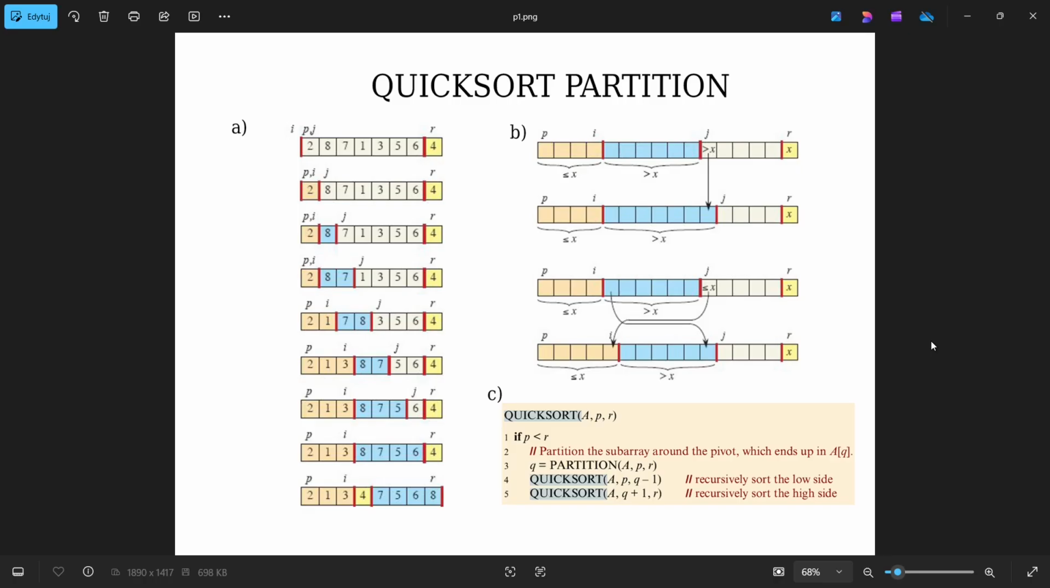If the element at index j is lower than the pivot, then the elements at indexes i plus 1 and j are swapped, and i and j get incremented. If the element at j is higher than the pivot, then j gets incremented. The last step is to swap the pivot with the element at i plus 1, which is the first element of the high side